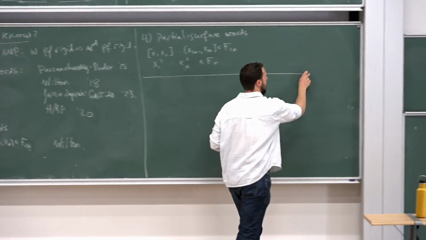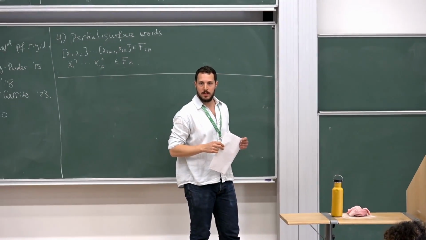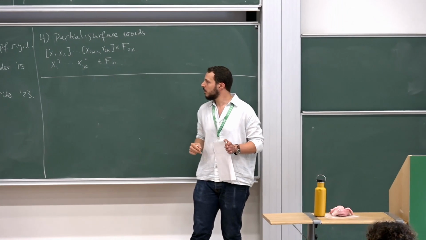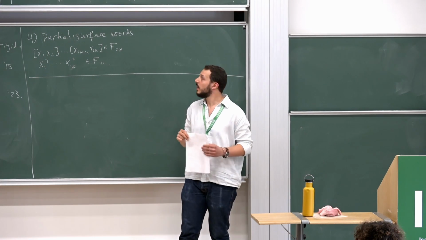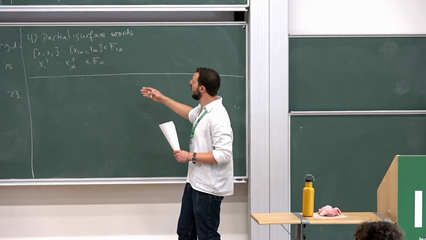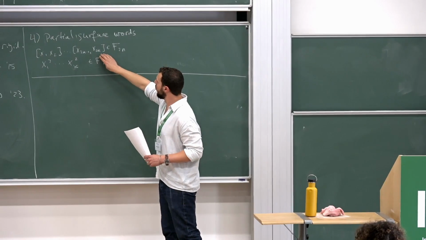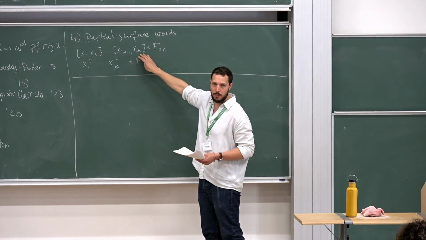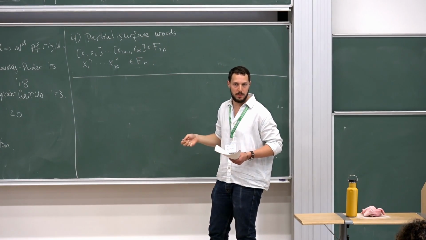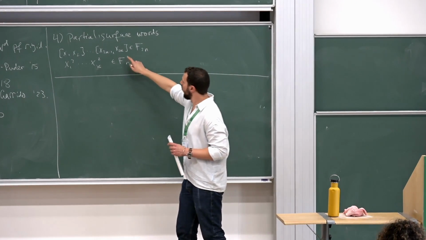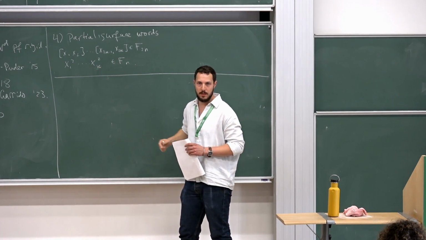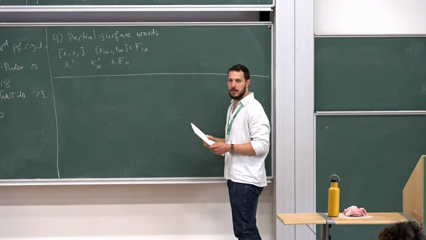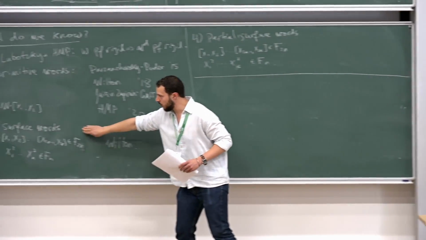These are always elements of the same basis. When you say they are primitive, you actually mean that the subset of them is contained in a single free basis. Yes, exactly. So I will get to it, but what I mean here is that if you take this as a relation in one-relator group, you will get the free product of a free and a surface group. So yes, they all have to be co-primitive, the elements in here and in here. The same thing too. Yes, and the same applies for surface words.